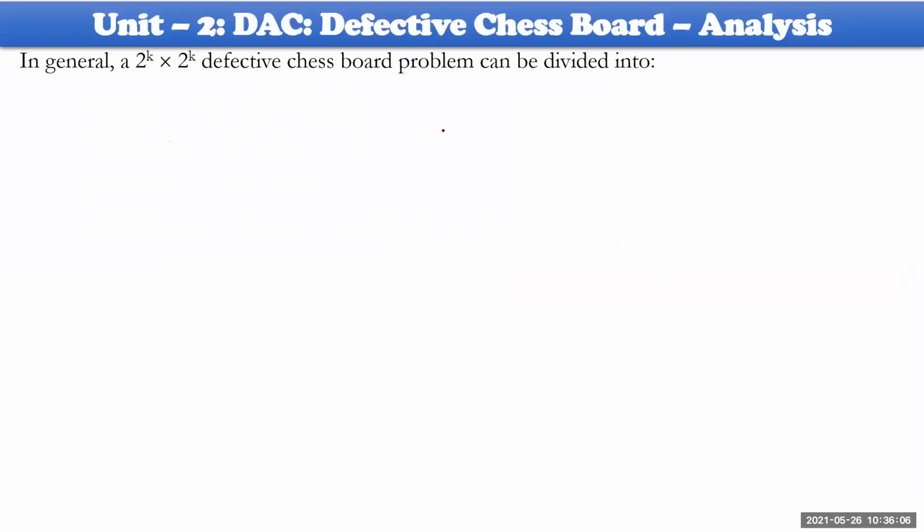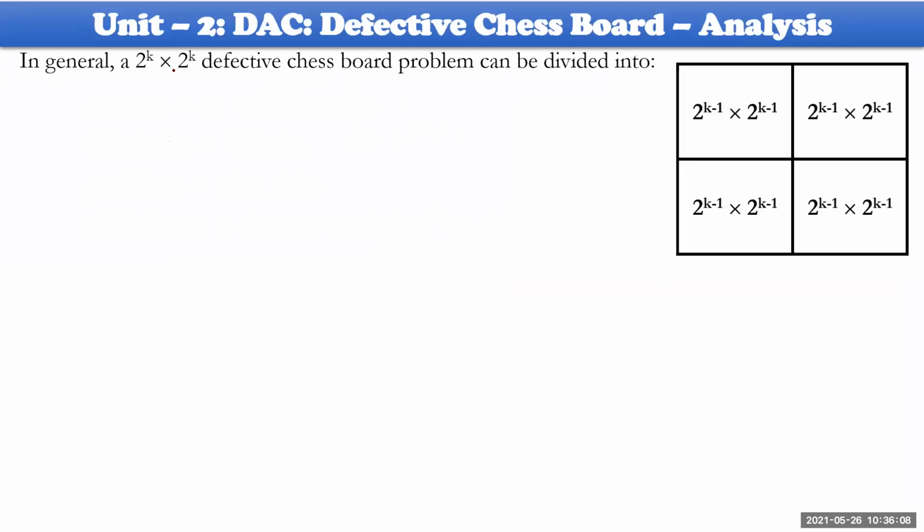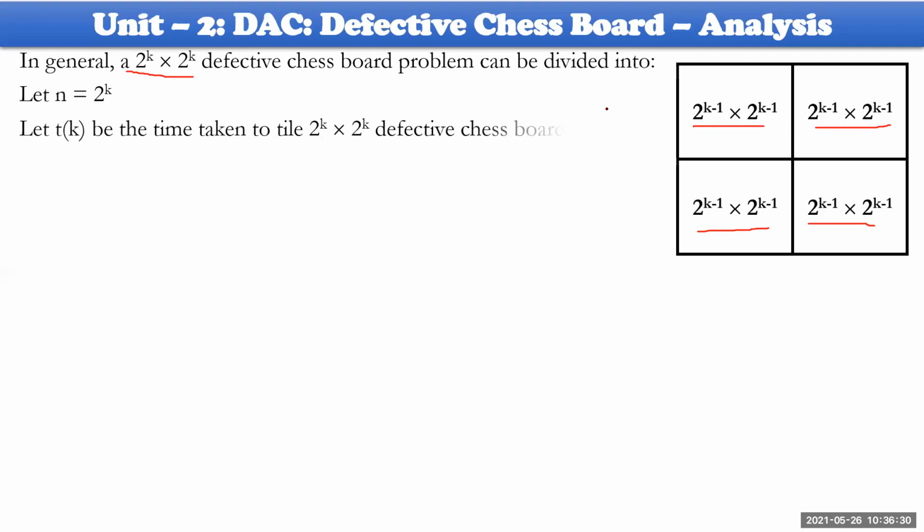In general, a 2 power k by 2 power k defective chessboard will look like this. 2 power k minus 1 by 2 power k minus 1 is one block, or one subproblem, another subproblem, another subproblem, another subproblem. 4 subproblems will be taken into consideration. Because of 4 subproblems, look at this: n equal to 2 power k, then t of k, the time taken for the defective board, will be 2 power k into 2 power k